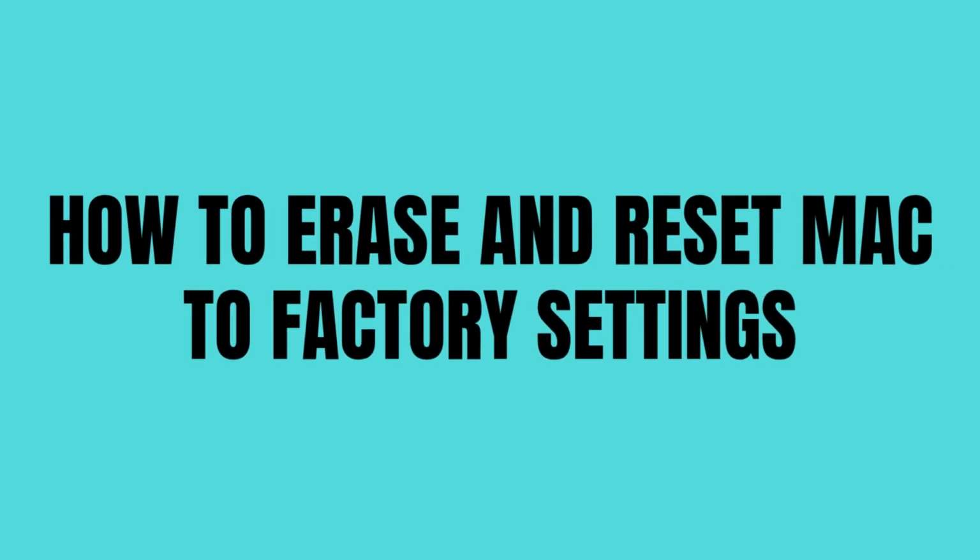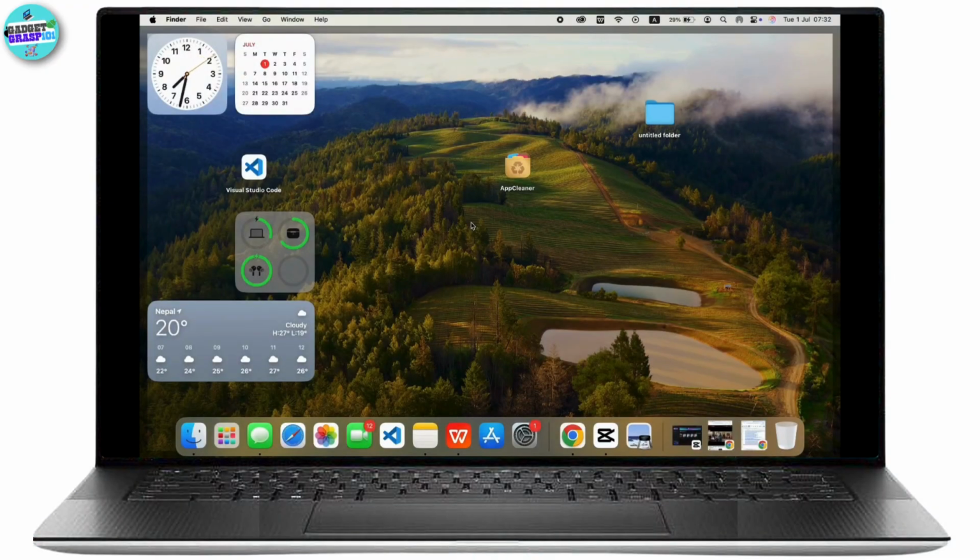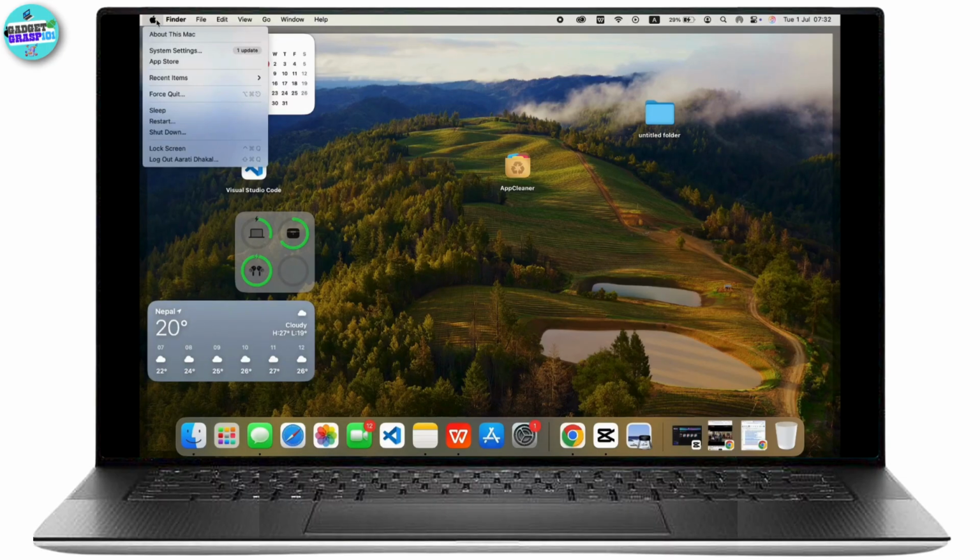How to erase and reset your Mac to factory settings. This will delete all your data and settings and restore the device to factory conditions, and here is how to do it. First of all, tap on the Apple icon at the top left corner,